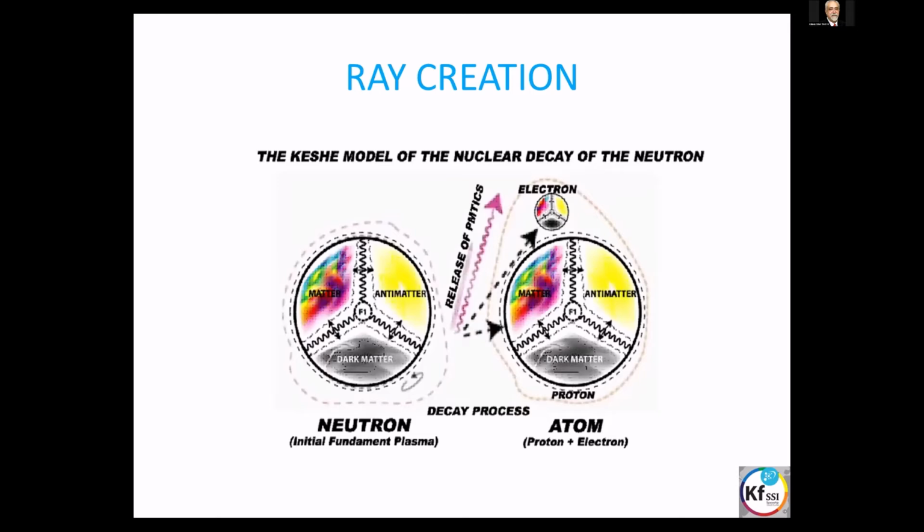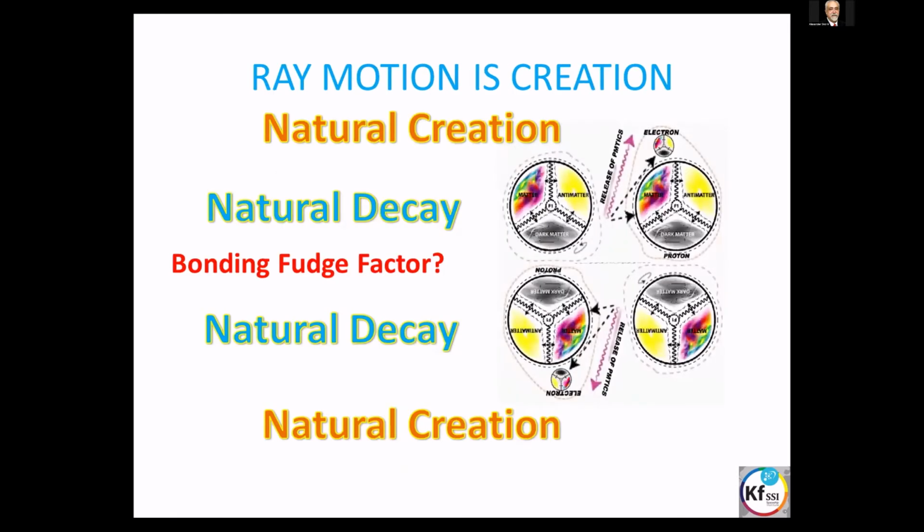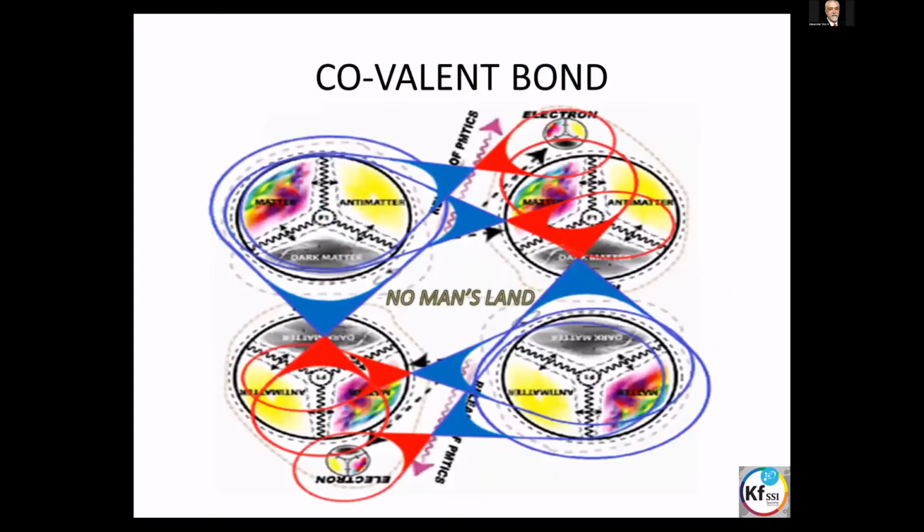So the ray motion is what is part of creation. And that is your transmission and transition, but it doesn't account only for the motion. There has to be an emotion that goes along with it. And so the synergy that is created and the susceptibility is the bonding factor, which we don't really understand